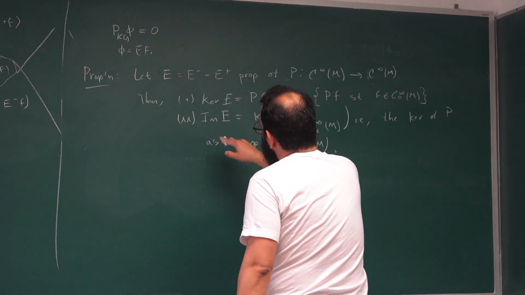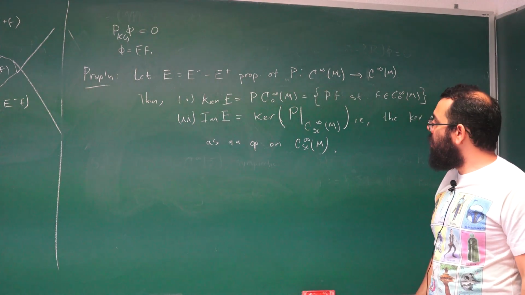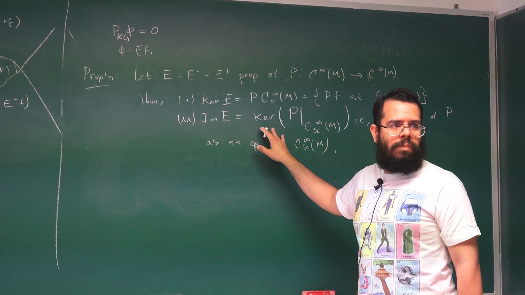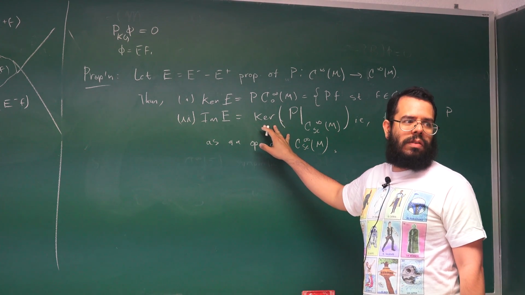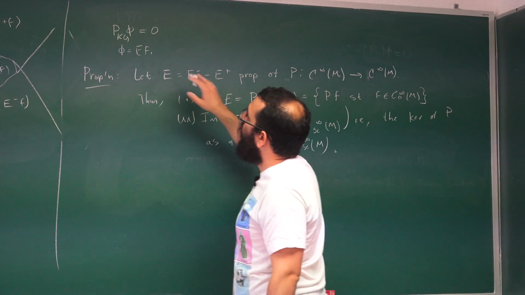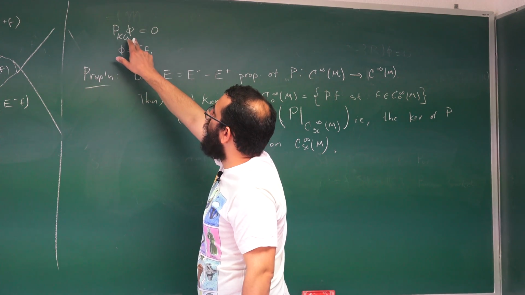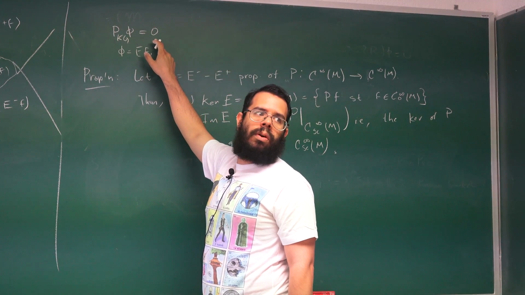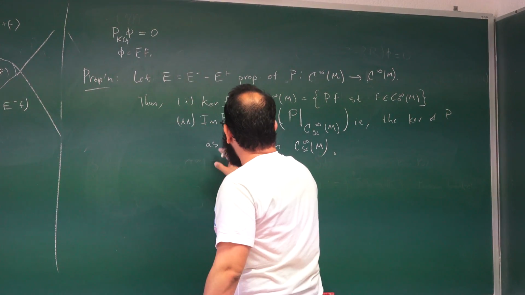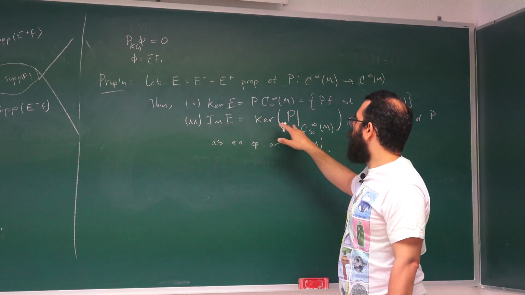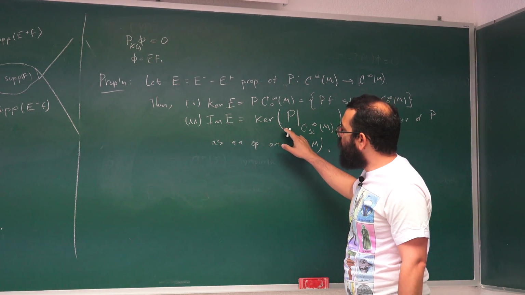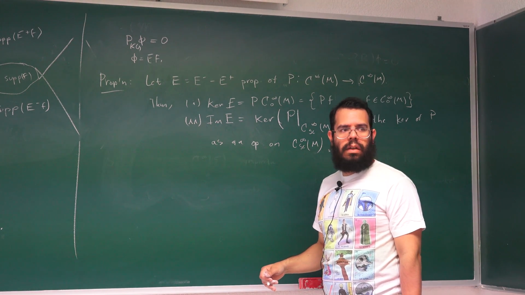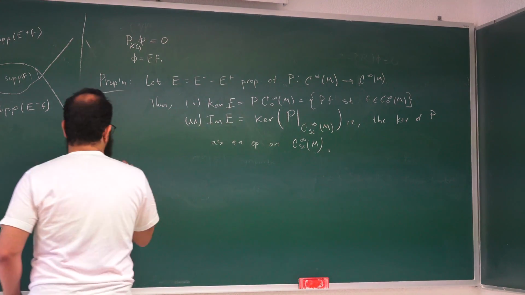The point 2 is very important because it says the image of E is equal to the kernel of P. The kernel of P characterizes the space of solutions, right? Remember, the kernel of P, namely P acting on something and making it equal to 0, is solving the Klein-Gordon equation in our case. So if the image of E is equal to the kernel of P, it means that every solution I can write as E acting on something, right? So point 2 implies that every